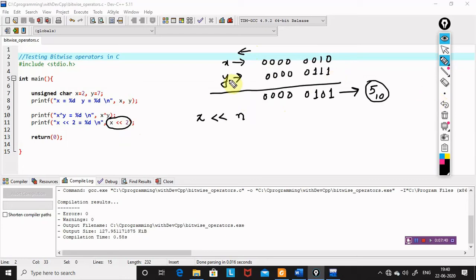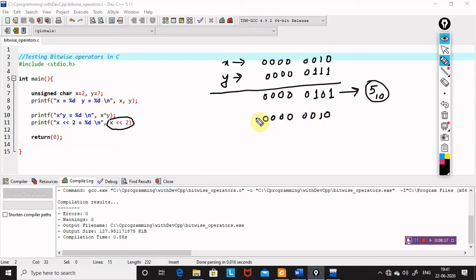And what happens actually is, when we shift to the left, the most significant bits are discarded and zeros are appended after the least significant bits. I mean, zeros are appended to the right. So what happens is, when you perform this operation, this pattern is shifted so that you would have,